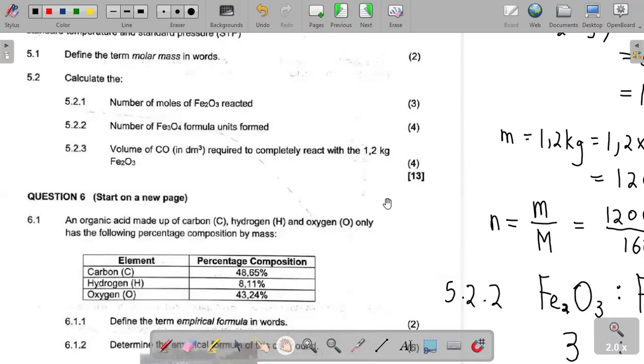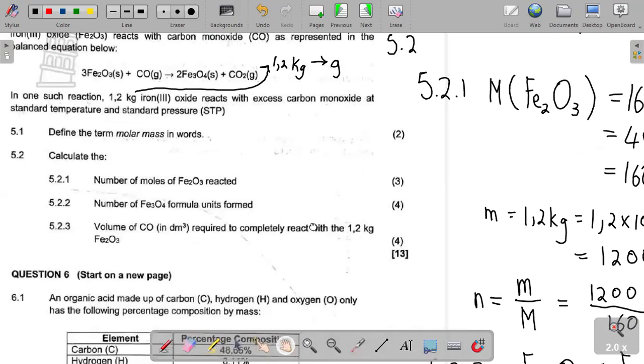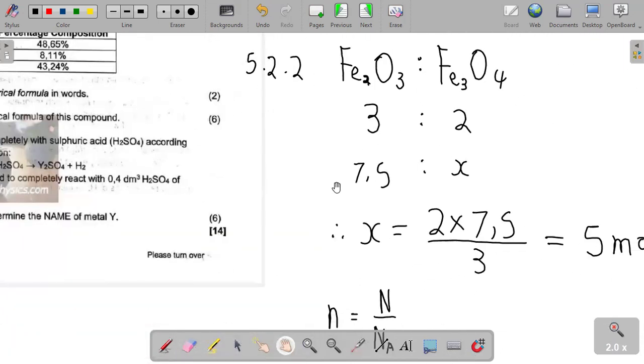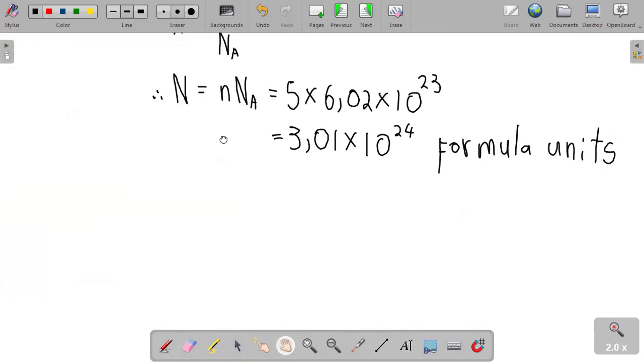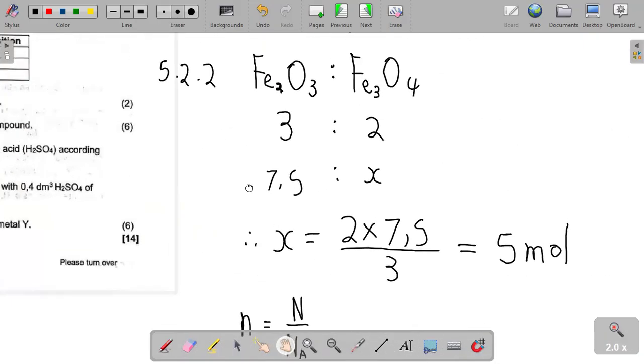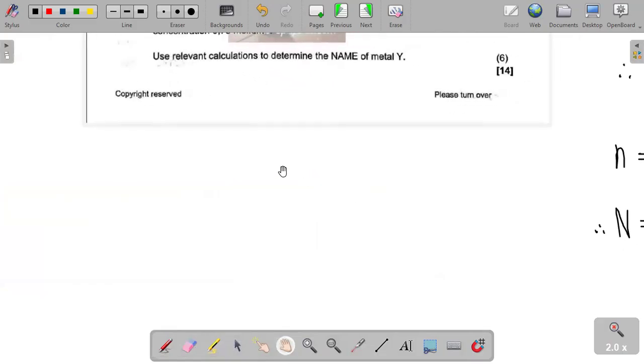So again we can see the ratio between the two. Okay, we start with the ratio here. So 5.2, you can see that here